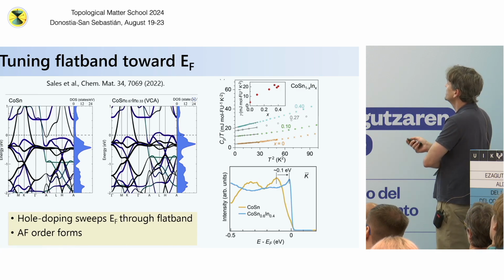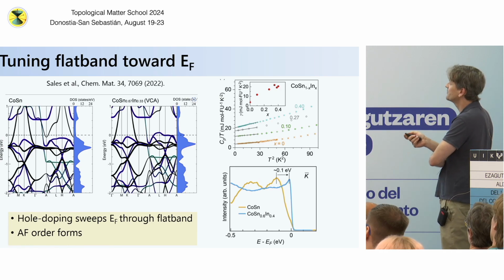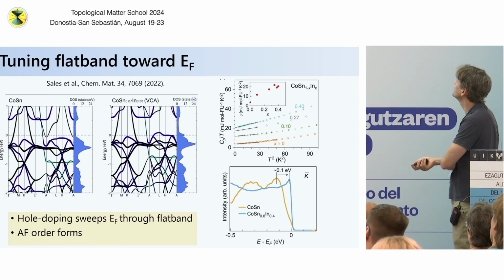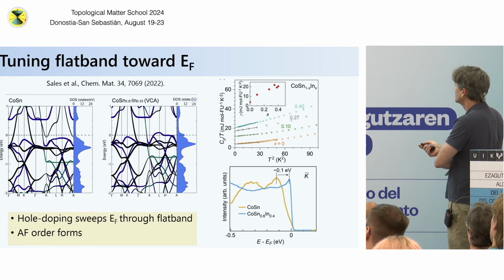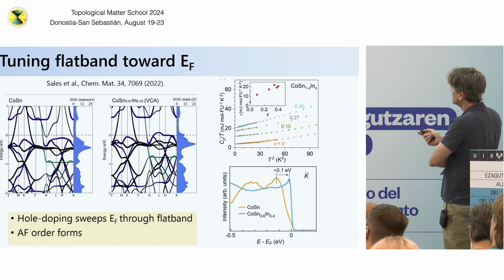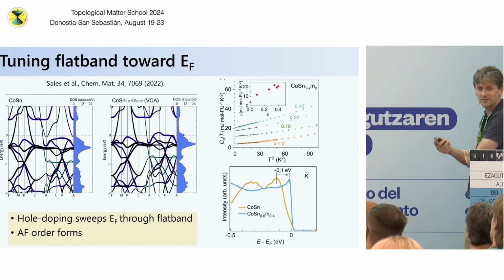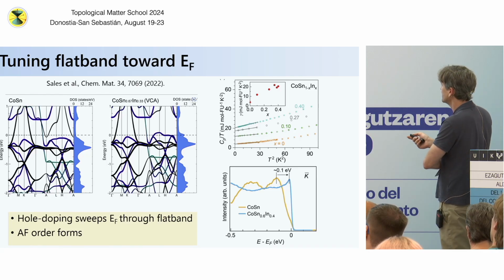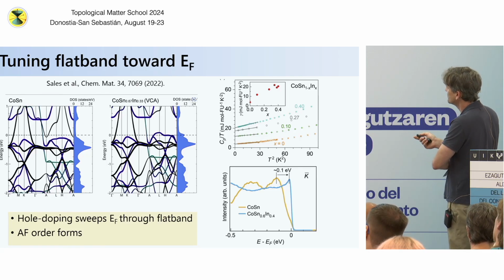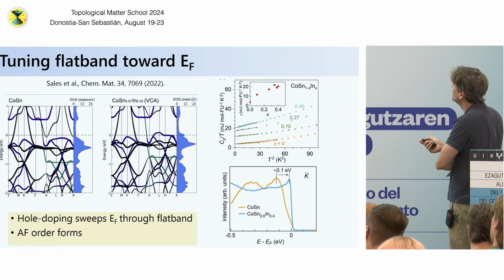And so you can basically chemically dope this system. So you can alloy the tin side with indium, okay, and try and sweep the Fermi level down so the flat band reaches the Fermi level. And as you do so, you can see you start to increase the density of states at the Fermi level. And if you look at this, it's heat capacity divided by temperature as a function of T squared. So these are Sommerfeld fits. So you can extract the Sommerfeld coefficient, which is really the intercept here on the y-axis, as a function of